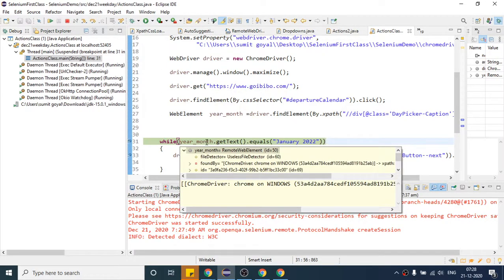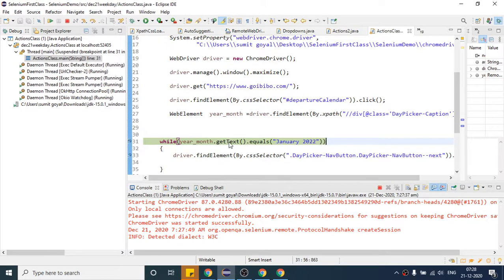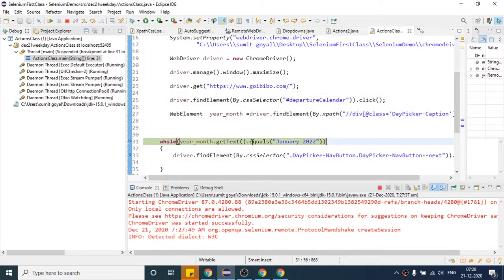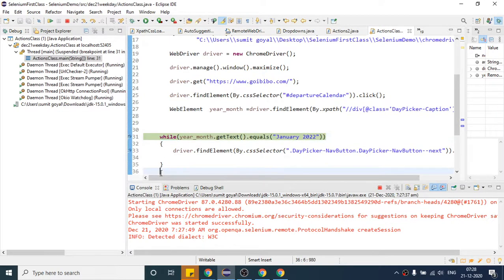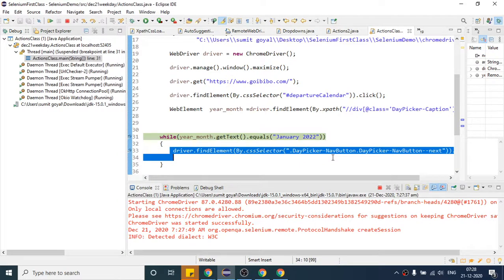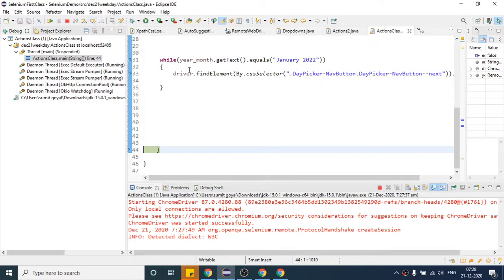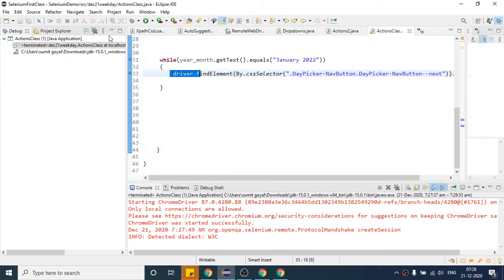Year month, whatever it has captured, when I say get the text, it will give me this December 2020 for the first time, as we already saw, but it is not equal to January 2022. So this whole condition will become false, and we will come out of the while loop. We will not be able to click on our next button. If I click this, we come out of the while loop, so we did not touch this code. So what I can do is close that in one bracket.